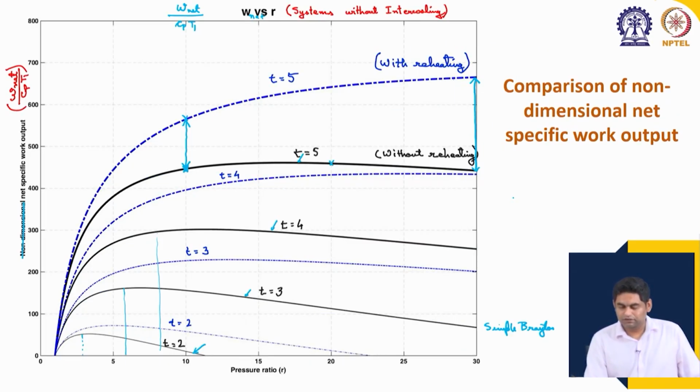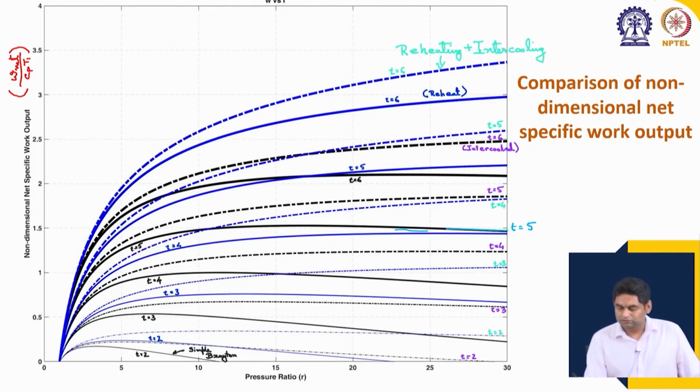Then this blue line, okay, this is when intercooling is added. So, regeneration, reheat plus intercooling. So, this is the T equal to 5, you can see how much higher this is,